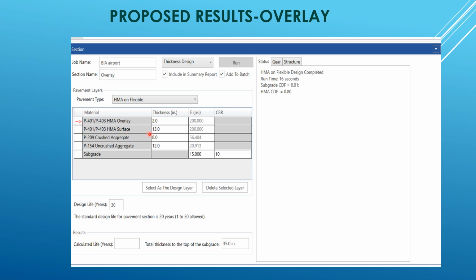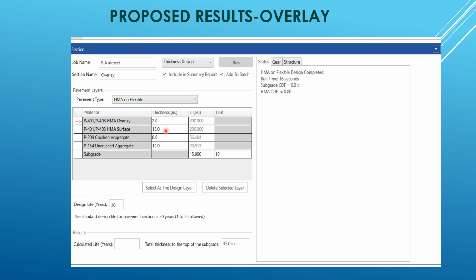It changes this layer, which by default should be 8 inches if you take into consideration the milling, into 13 inches. And that's why it's imperative to combine these two layers, this 13 inches and the 2 inches, to produce 15 inches, and subtract the 8 inches, which has already taken care of the milling from the